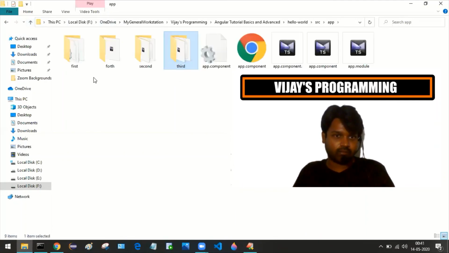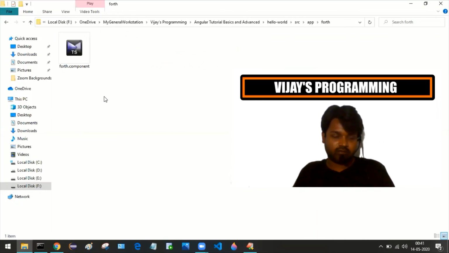And in the fourth component, we have eliminated 3 files: the testing file, the template file, and the CSS file.